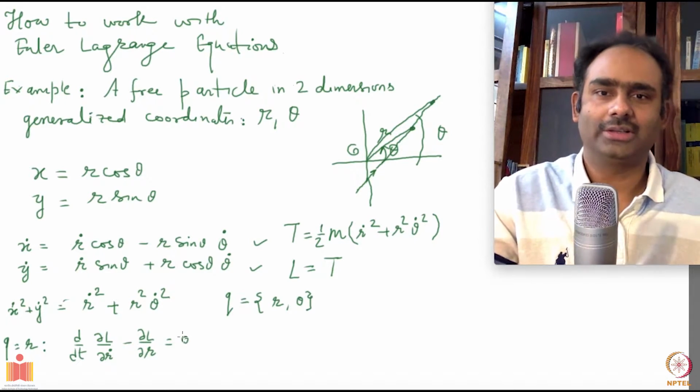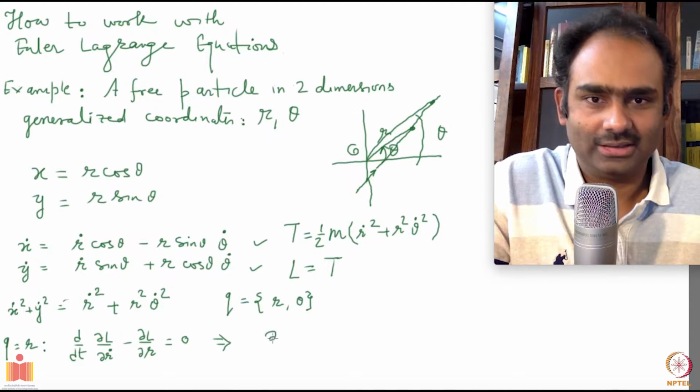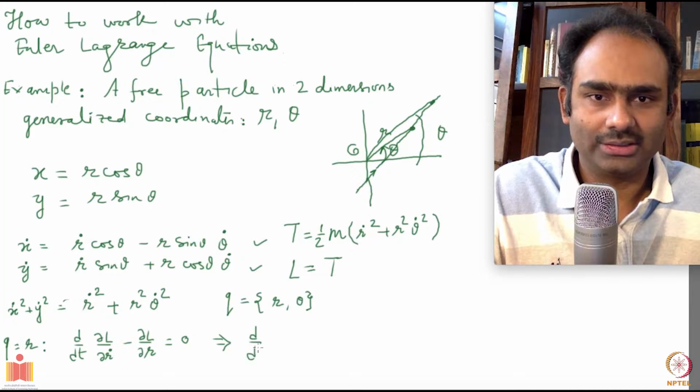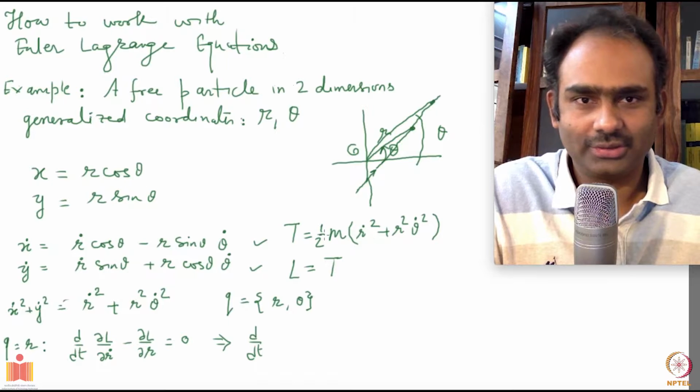The particle is free, which means d over dt del L over del r dot, so you get half m and 2 r dot, so half and 2 cancel, so you get m r dot,